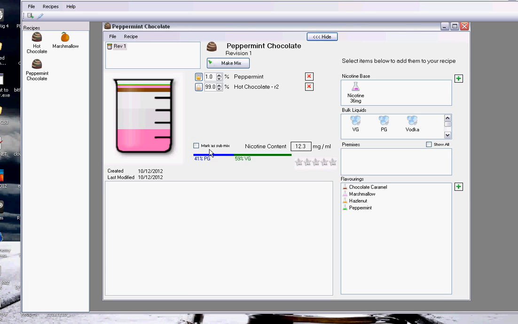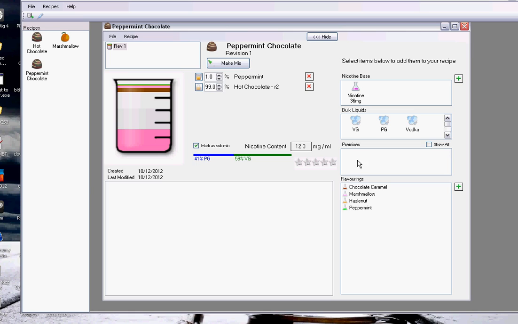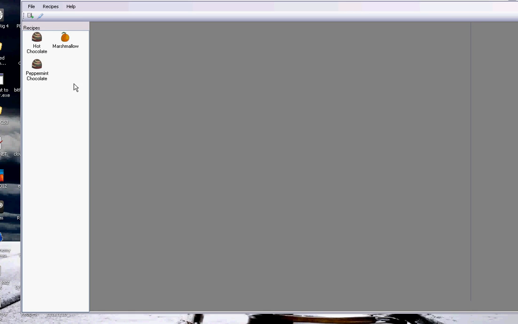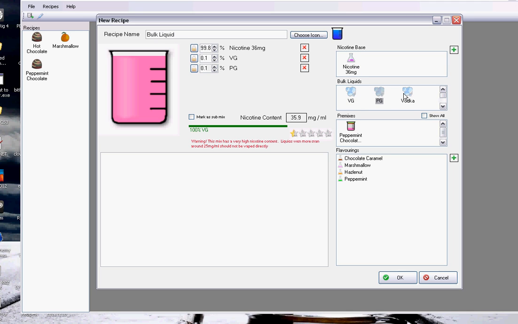The last thing to mention on that is this little mark as submix button. All that does is, if you click that, it pops up in this premixes box without you having to click show all. It's not a big deal, but I use it because generally when I'm making mixes, I'll make a bulk liquid, which is unflavoured, and it's just got a few of these sorts of things in it. About 40% of that, a bit more of that sort of thing. And that'd be my bulk liquid, and I'll mark that as a submix,